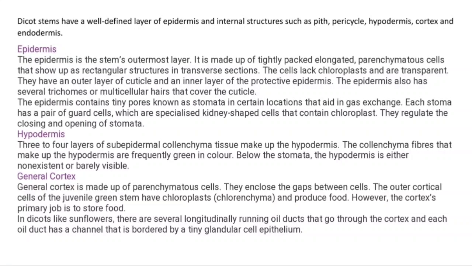General cortex. General cortex is made up of parenchymatous cells. They close the gaps between cells. The outer cortical cells of the juvenile green stem have chloroplast and produce food. However, the cortex's primary job is to store food. In dicots like sunflower, there are several longitudinally running oil ducts that go through the cortex, and each oil duct has a channel that is bordered by a tiny glandular cell